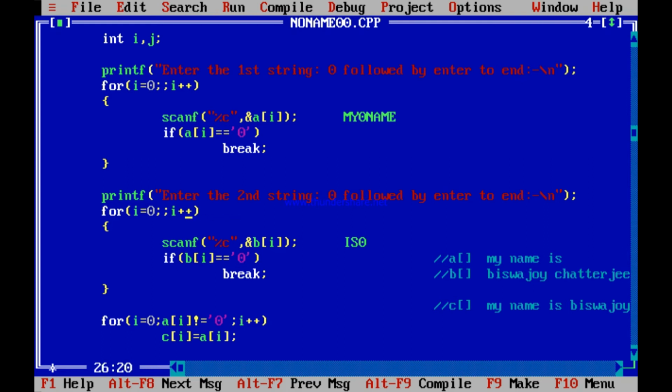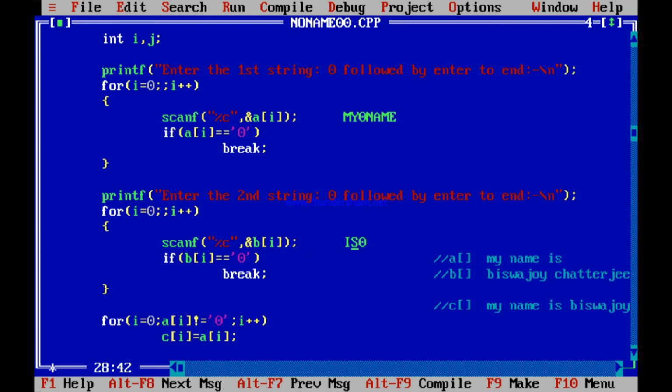What does it scan? It scans the enter. You had pressed the enter after name. It scans the enter. So b[0], 1, 2, 3 was NAME. b[4] is enter. So it printed the enter also. When you printed, it printed name is. Isn't it so? When you printed b, it printed name followed by enter, then is. So that enter is scanned in b[4]. Then what happened? Then i becomes 5. It scans I. i becomes 6. It scans S. It is 6.